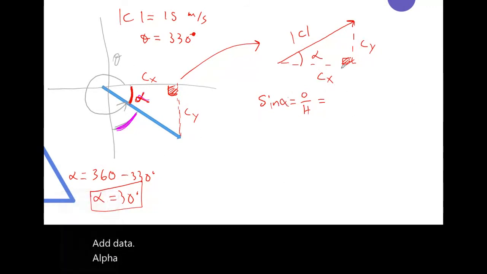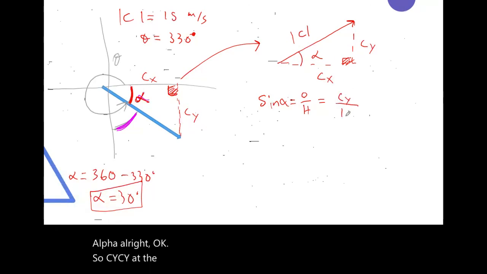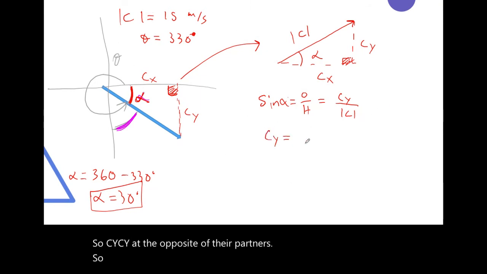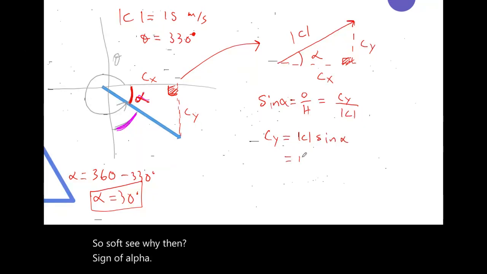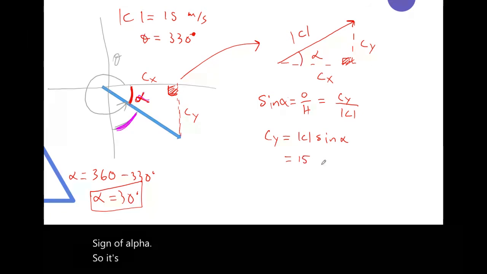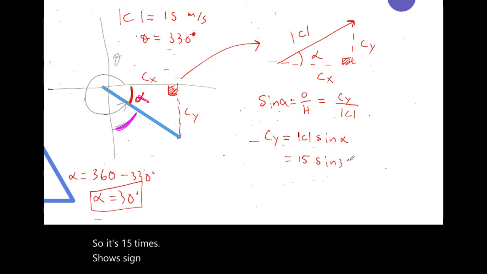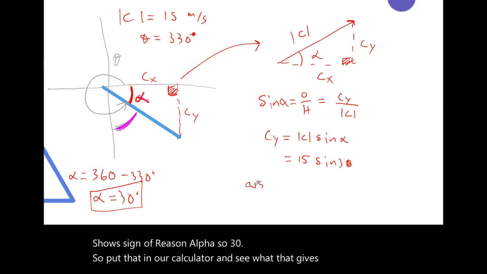Alpha, alright. So cy is the opposite of the hypotenuse. So solve for cy then. Sine of alpha, so it's 15 times sine of, we're using alpha, so 30. So put that in our calculator and see what that gives us. And while you do that,